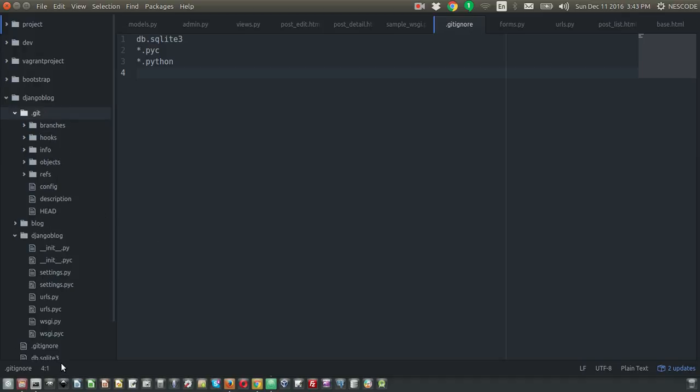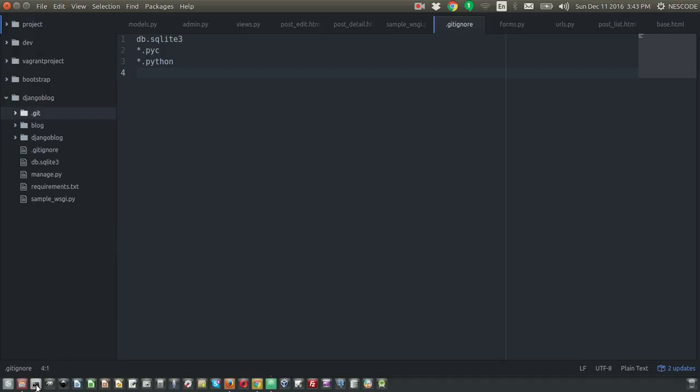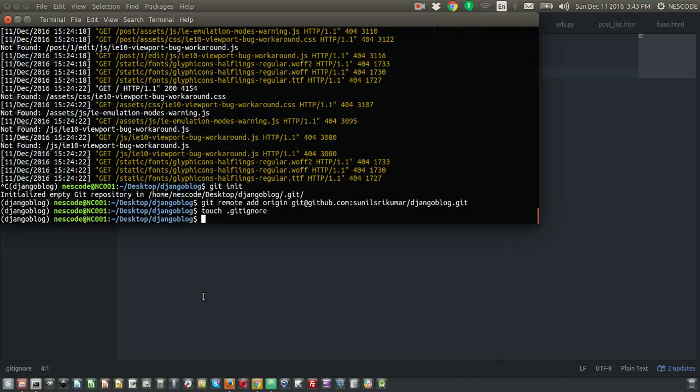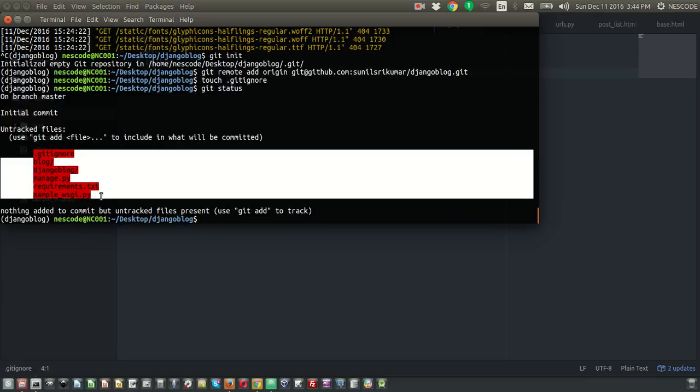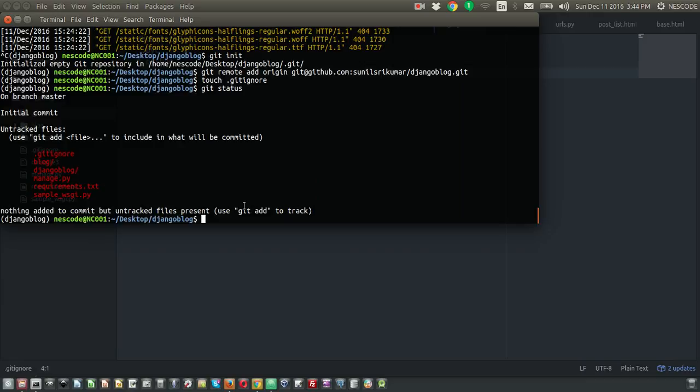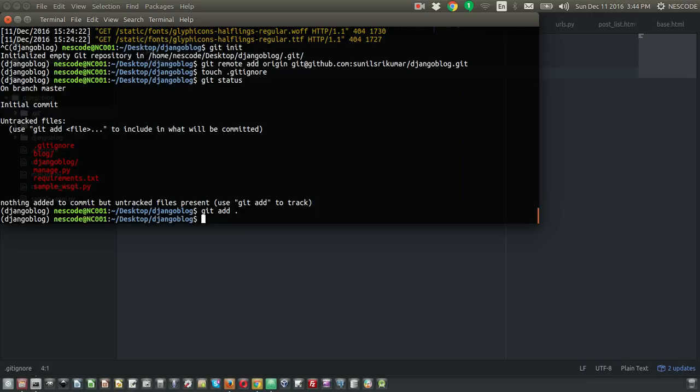So now if you want to see how many files and folders have been added, you can open your terminal and say git status. If you do git status, you can see which files are going to be added to GitHub. All these files are going to be on GitHub, right? After that you say git add space dot, which means you are going to add all the files, and then git push